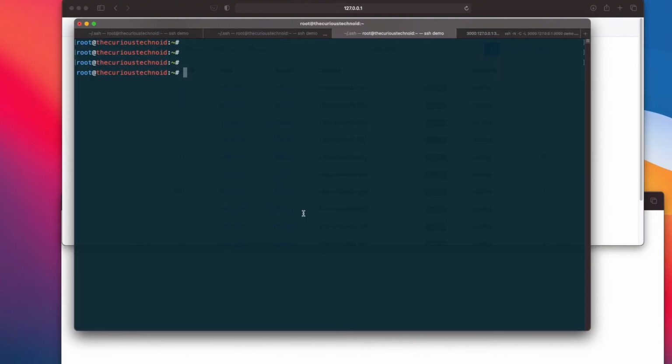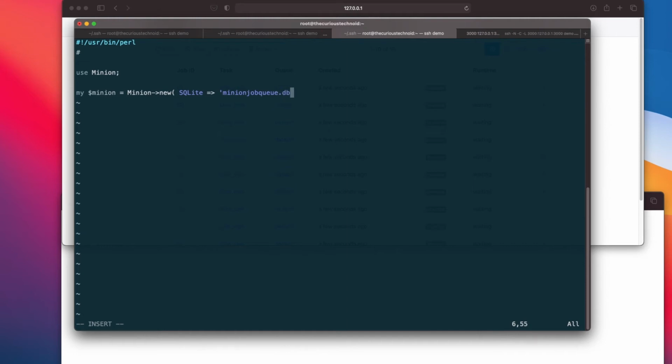We'll create a simple pure Perl script. We will of course call the Minion Perl module. Let us connect to the same database that the Minion worker is connected to. I'll accept slow or high as the parameter to the program, which will be captured in $param.